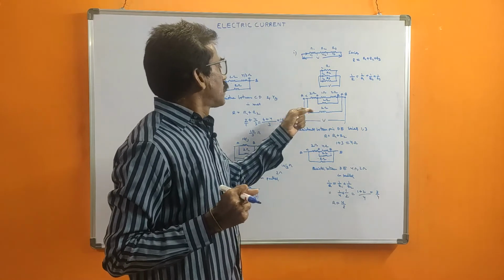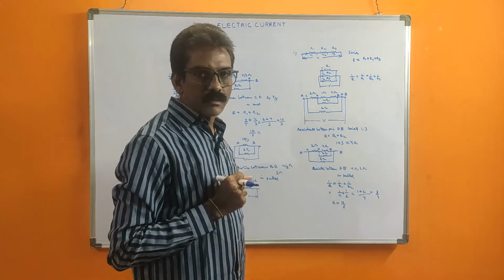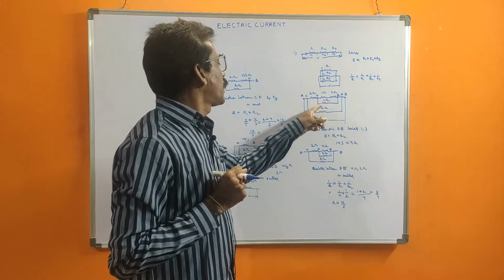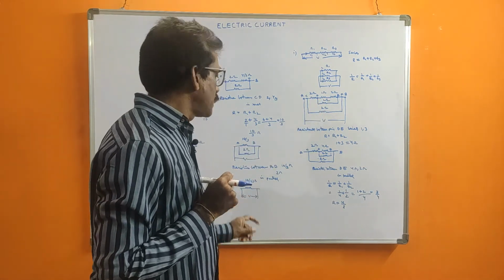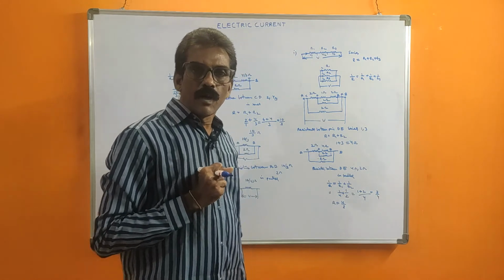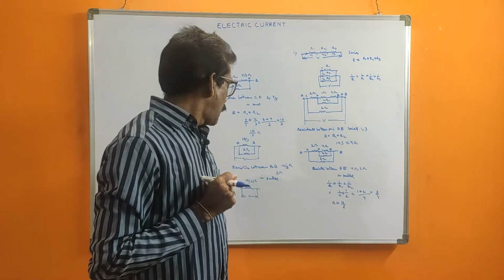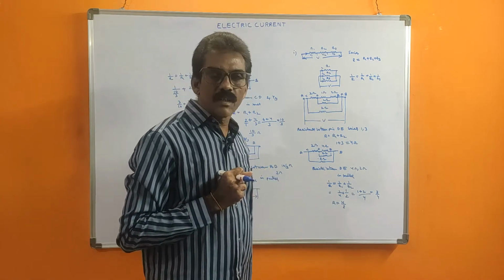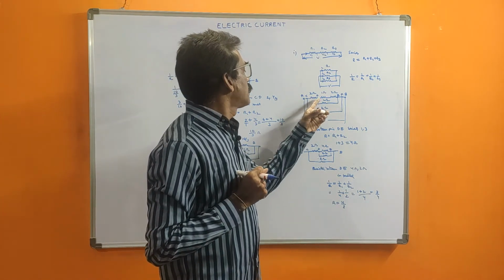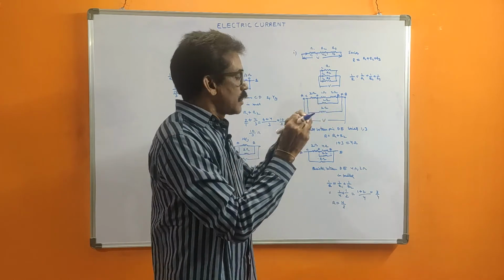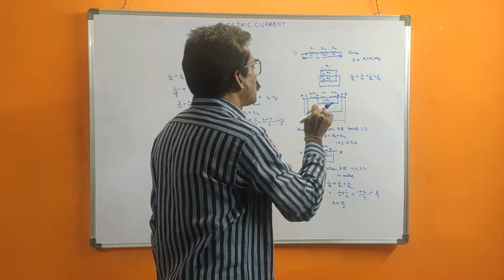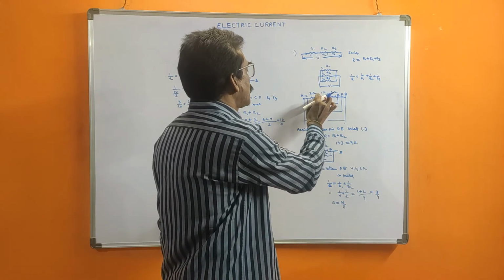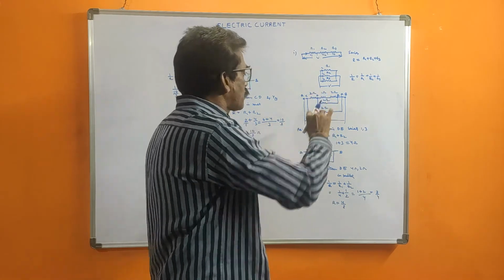Suppose these are resistors, and each costs 5 rupees. Here 1, 2, 3, 4, 5: 5 fives are 25 rupees. Here a single one is 5 rupees only. So we can reduce the cost. And for connections, if you connect like this, there is some additional work also. First these two should be connected, joined in series with the help of soldering. We should join these three in series. For that again we should connect. As per the circuit we should solder.